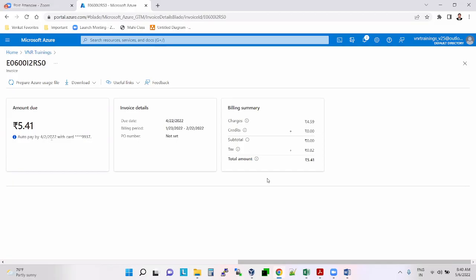It's auto pay, but it failed. Let me open my credit card, please. $137, correct only. Billing period 222.